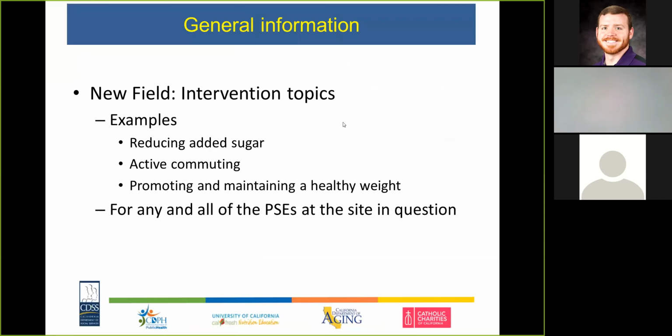and go on. Okay, Joel mentioned that there's also another new field called intervention topics. And intervention topics are really getting at the behavioral objectives of your work. And again, we would like you to pick the intervention topics for any and all of the PSEs at that site in question. So you'll see that examples are things like reducing added sugar, active commuting, promoting and maintaining a